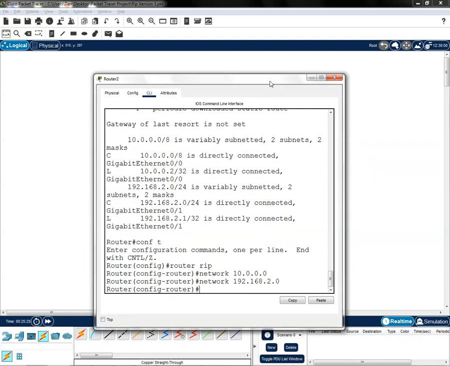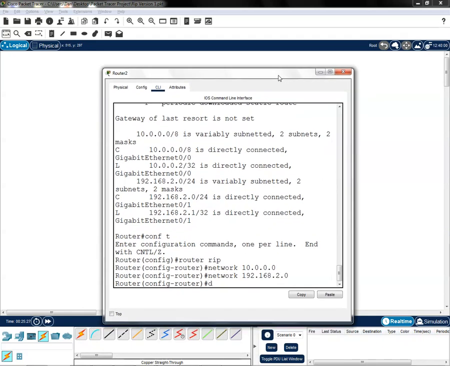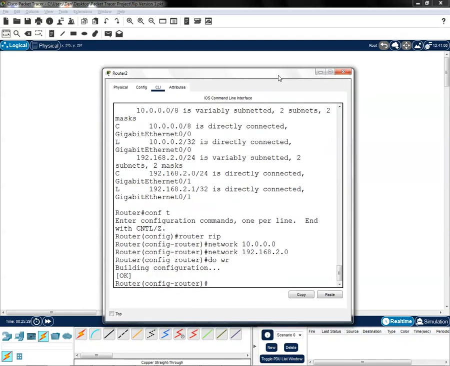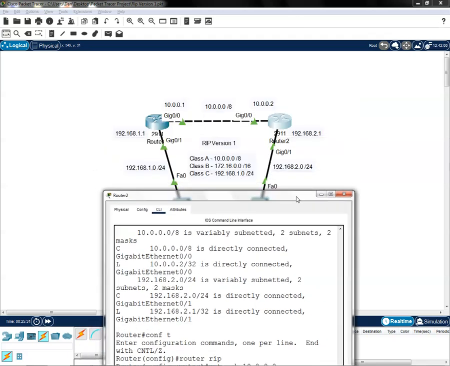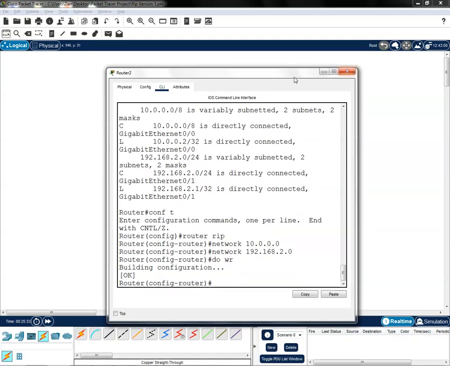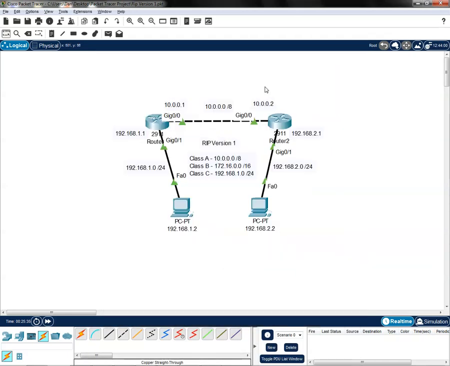There we go. So let's save the configuration by typing do write. Okay, and let's close this one first. So now that we're able to apply the RIP version 1 on this router, let's view the